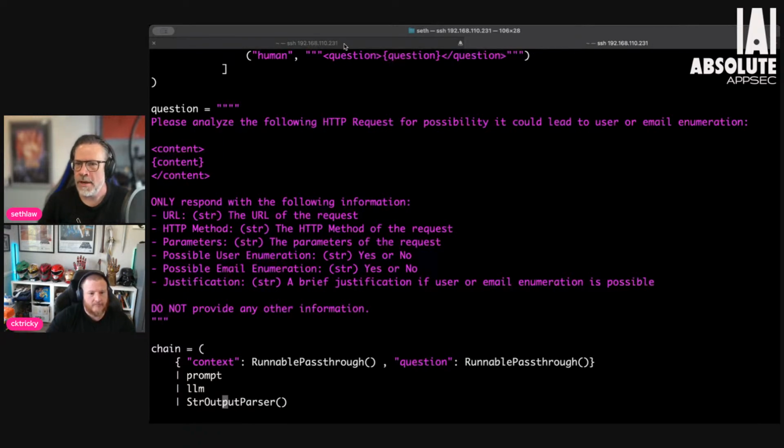One of the problems that I've run into from a creativity perspective with LLMs, specifically when I'm looking at requests and responses and asking about vulnerabilities, and I know Ken you've dealt with this as well, is that they come back with a fair amount of added content. They attempt to be creative and to tell you things about other vulnerabilities and other issues that may exist.